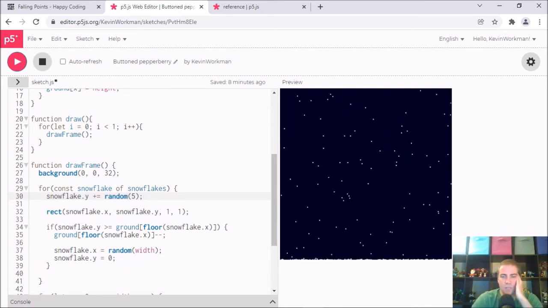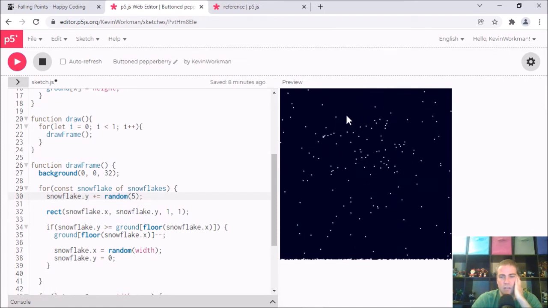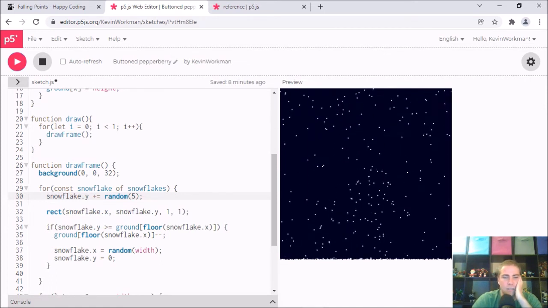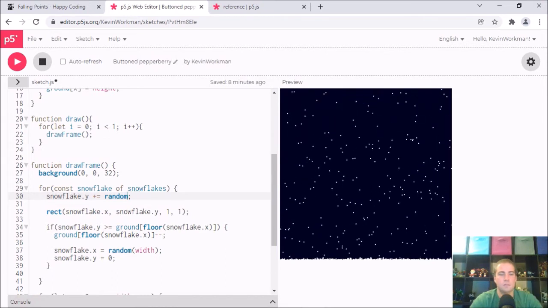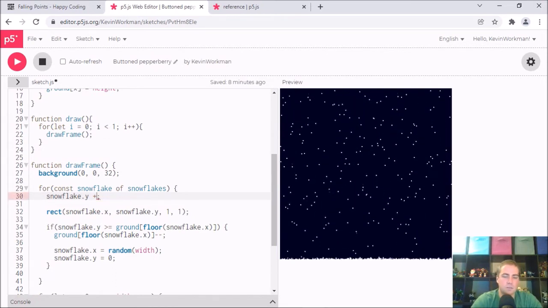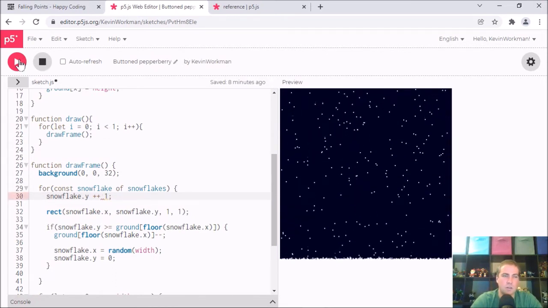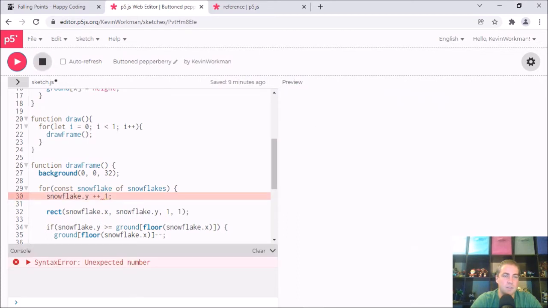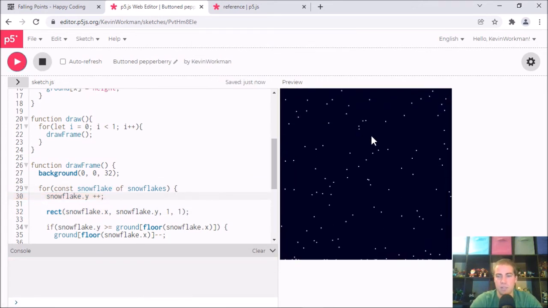where they're different speeds. And no, I don't know. I don't think I like that. I don't think that looks like snow. I think snow should always, or each snowflake should always fall at the same speed. Now different snowflakes, maybe different snowflakes should fall at different speeds, but for each snowflake, I think it should fall at the same